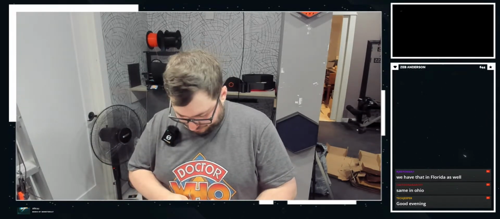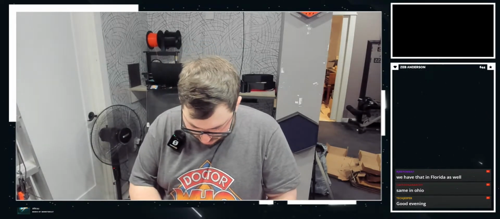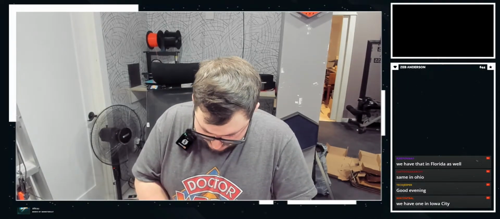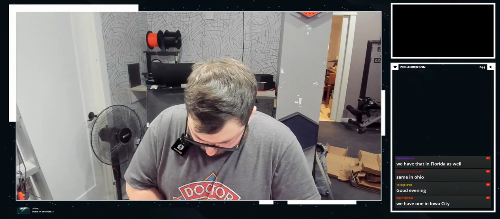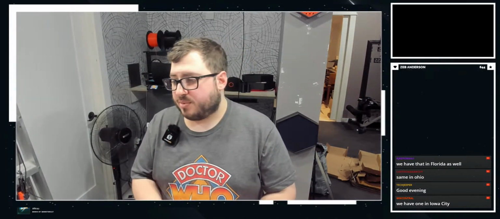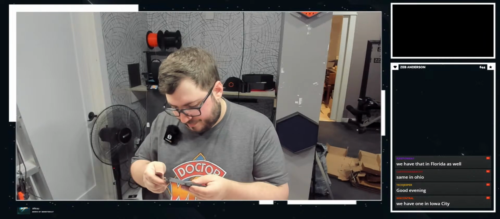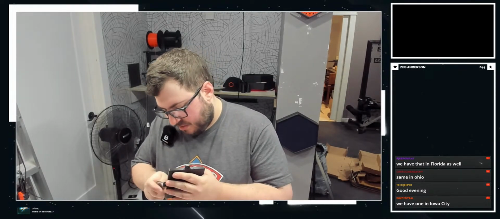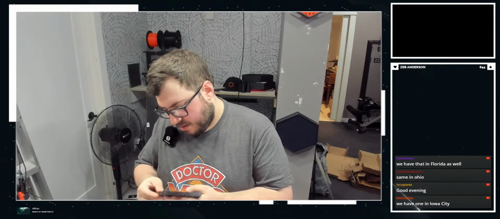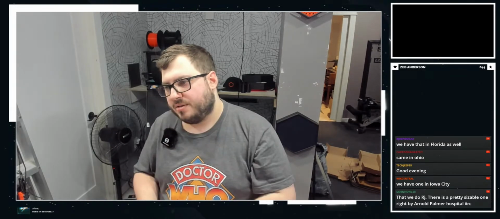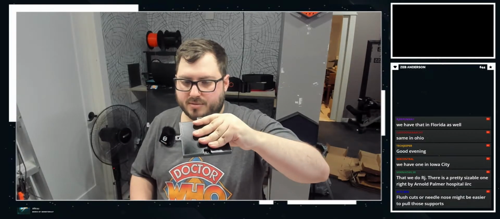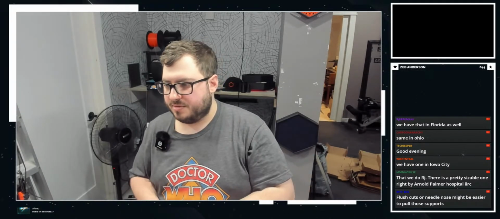There we go. Let's get support materials off. PETG supports are terrible. I hate them, but it's a necessary evil. I'm going to try printing this in a different orientation on the next one. I'm going to try printing it like this, vertically. We'll see how it goes, but I want the structural rigidity of this orientation.